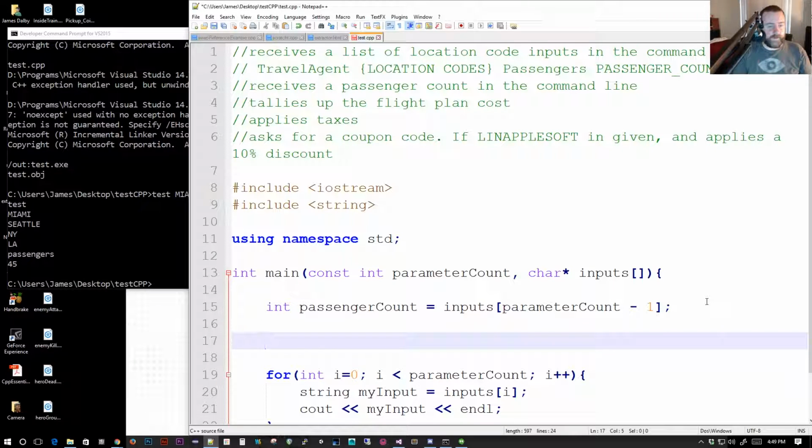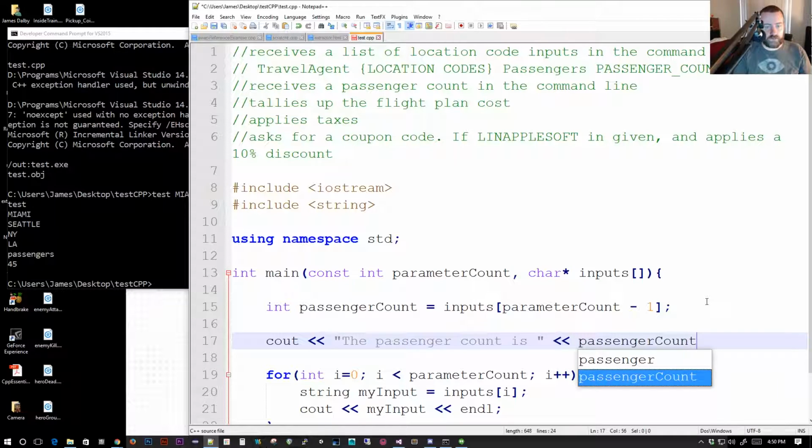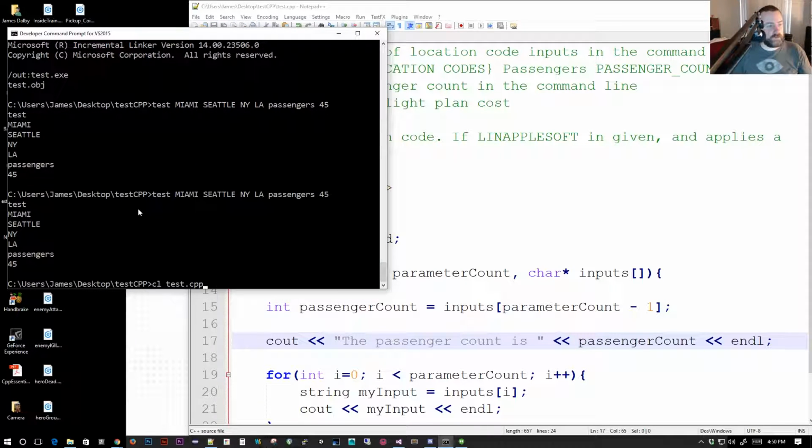So I'll say cout, the passenger count is, passenger count, endl. Okay, so if I compile this, oops,